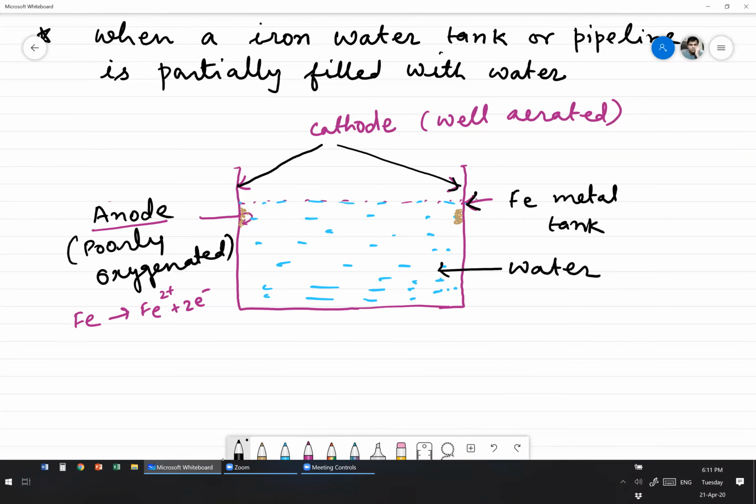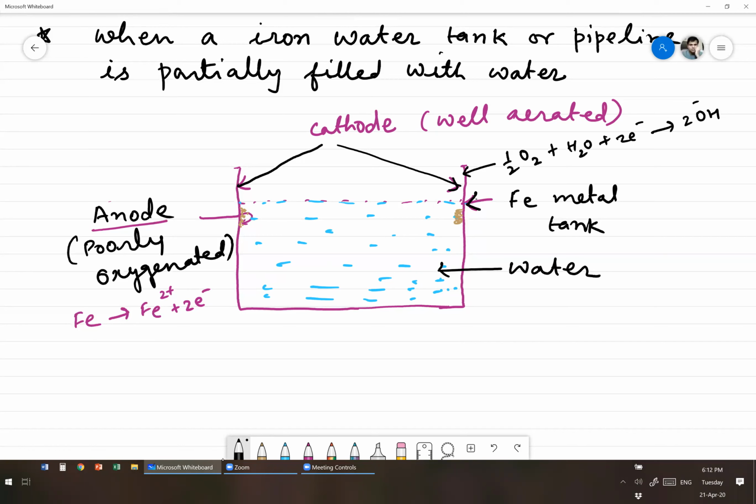At the cathode, these electrons are taken up and a reduction reaction takes place: half O2 plus H2O plus 2 electrons form hydroxide ions. These hydroxide ions and iron ions move through the water medium and combine, forming ferrous hydroxide,